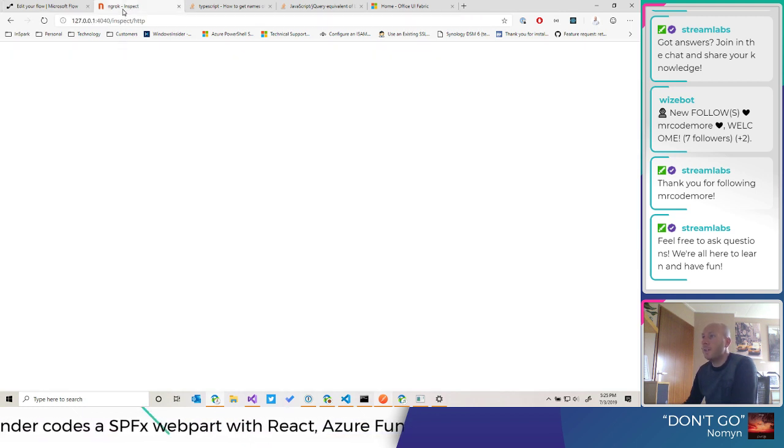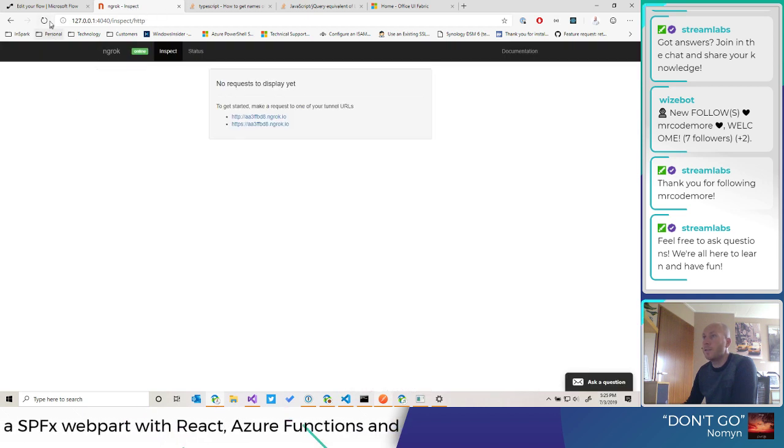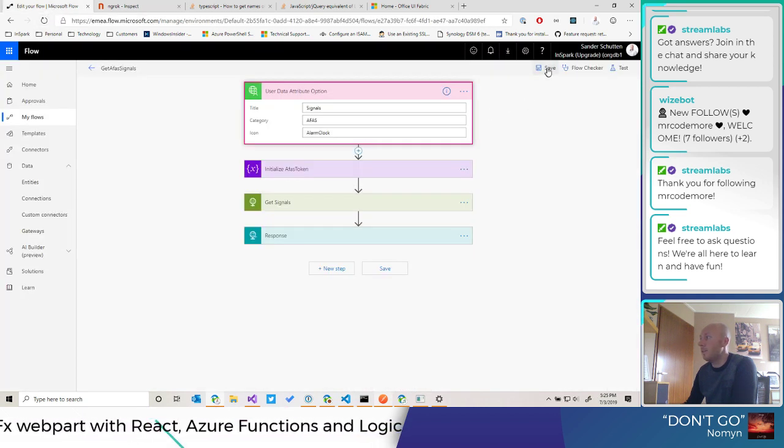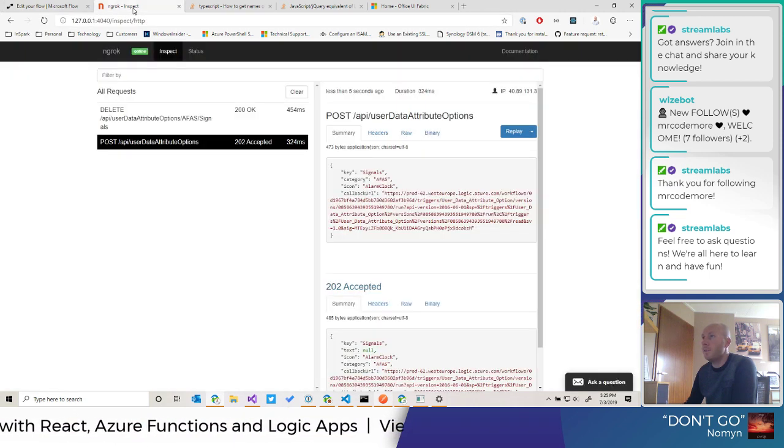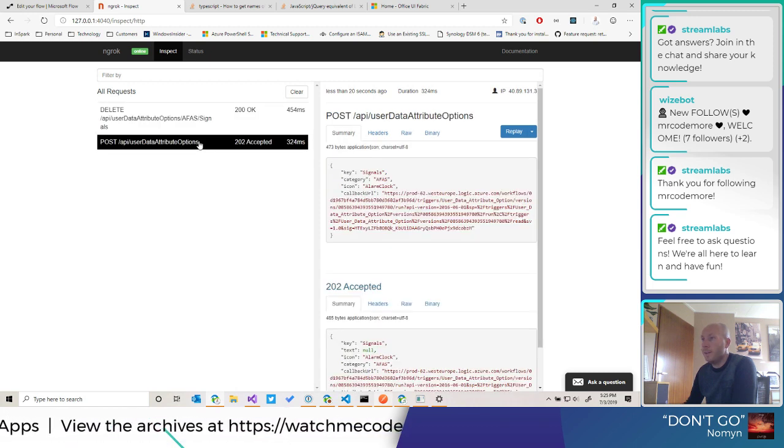We can see this in ngrok. Let me clear this. If I save, and it did save, you can see here we received the delete, and it goes to the alpha signals user attribute. That's just a delete, and I get a new subscription, this time with the icon.